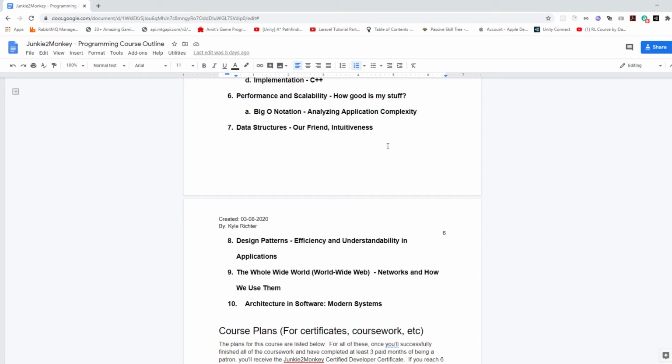The next section will be around performance and scalability. In order for us to understand how good our application is, given variables, quantities of data, and so forth, you need a way of understanding the complexity of your application from a timing perspective. How fast is it? And also from a space perspective. So we'll get into the ways that you can look at your applications in terms of something called Big O